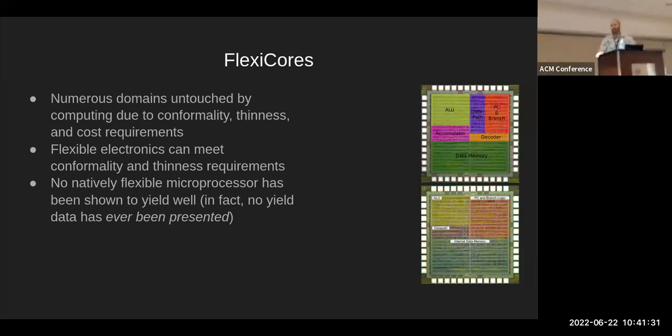So to answer the first question, we don't in the paper present what that would look like. However, we do know that if you were to take one of these FlexiCore designs and put it into a typical MCU process node, it would be about 25 to 30 nanometers per side. So you have very, very tiny chips that you would build in silicon. However, these are so small that they'd be severely IO limited.